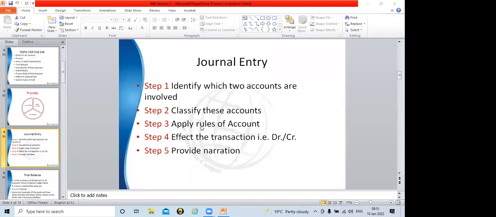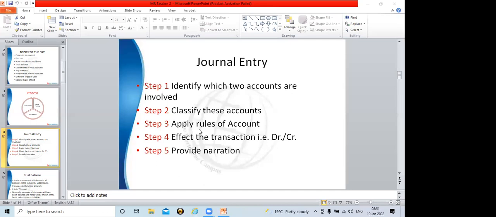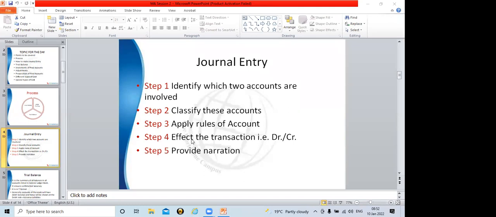Purchase of goods is coming, goods are coming, and in turn cash is going from our organization, that is 7,000 rupees. So whatever is coming, we can say purchase account debit, or purchase goods account debit, or we can say goods account debit, that is also correct. No issue. Cash account credit. And at the end, give the narration that company paid for purchase of goods. That's it.